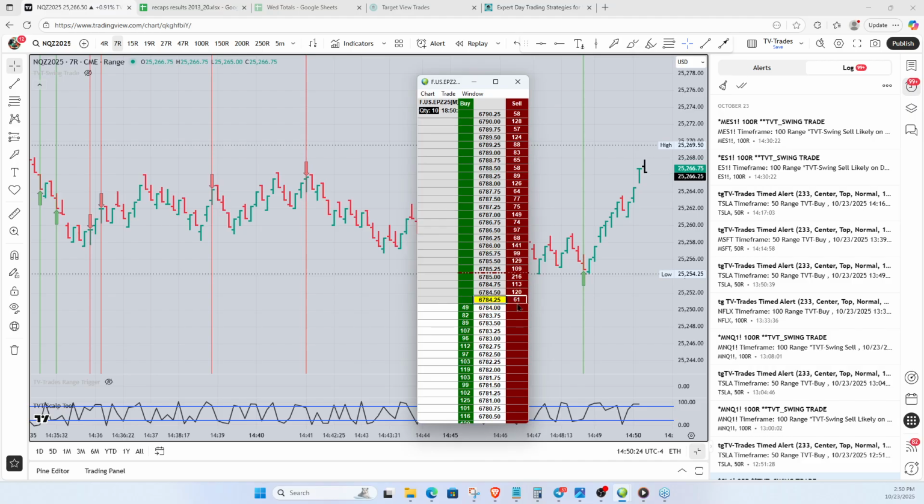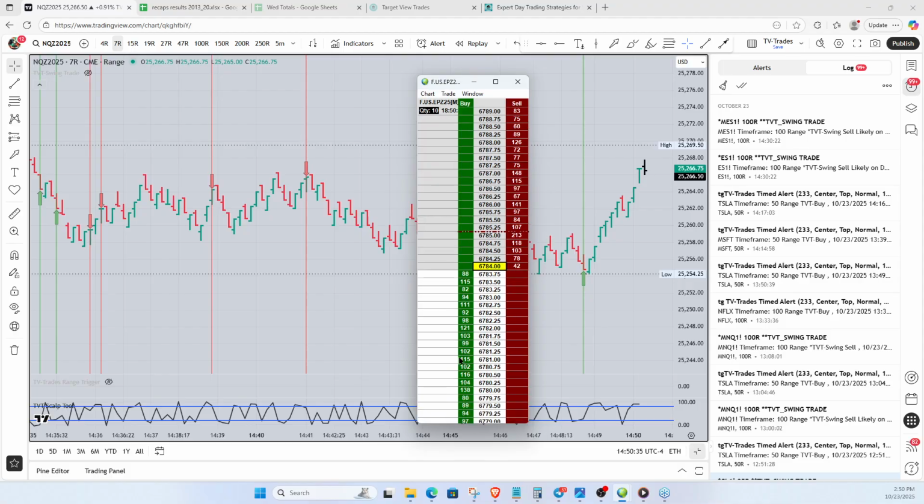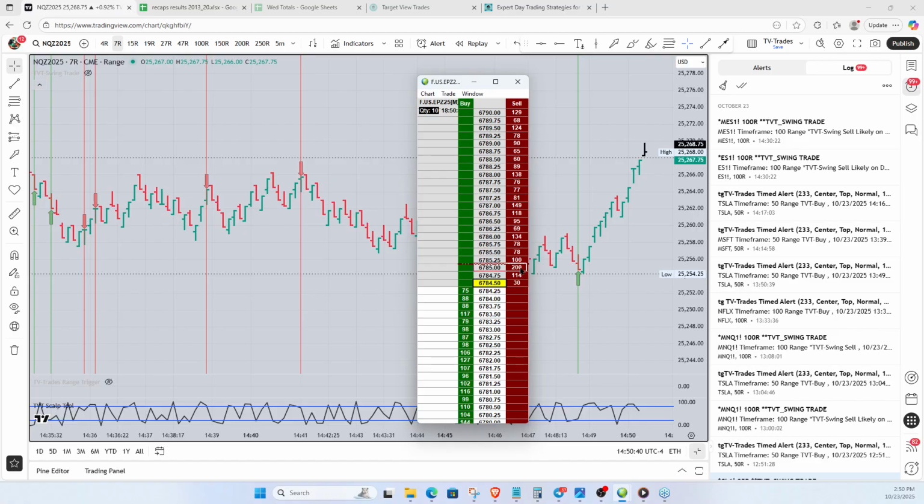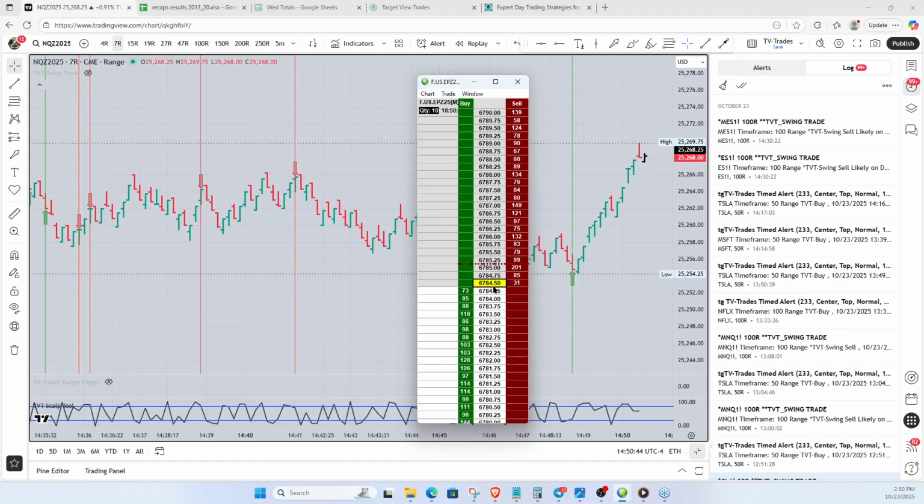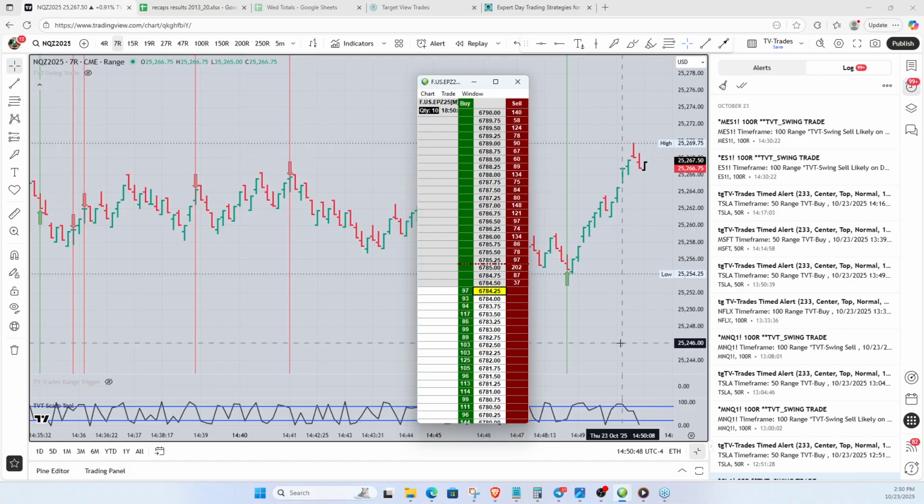The market is a lot more liquid, meaning there's a lot more it's got to go through to get from one price to the next. And that's good information for you to have. Everything you can see in here is good information for you to have, and you can use that once you get into a trade as a target. Like this right now, it wants to go through this number, up to that number, then up to that number, then up to that number, and that number. That's where price wants to go. You've got to wait for a trade setup to get it.